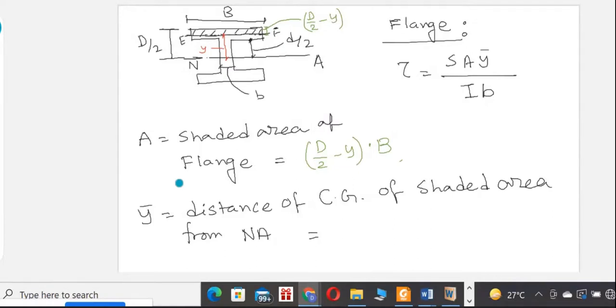This shaded area is a rectangular portion, na? So where will the center of gravity of a rectangular portion lie? Sir, y plus half d by 2 minus y. Y plus half d minus 2y. Yes. So